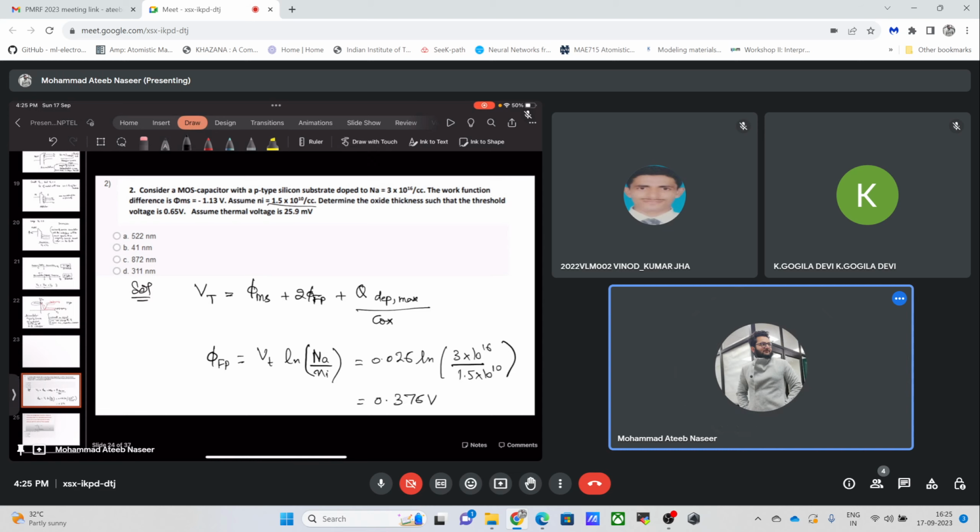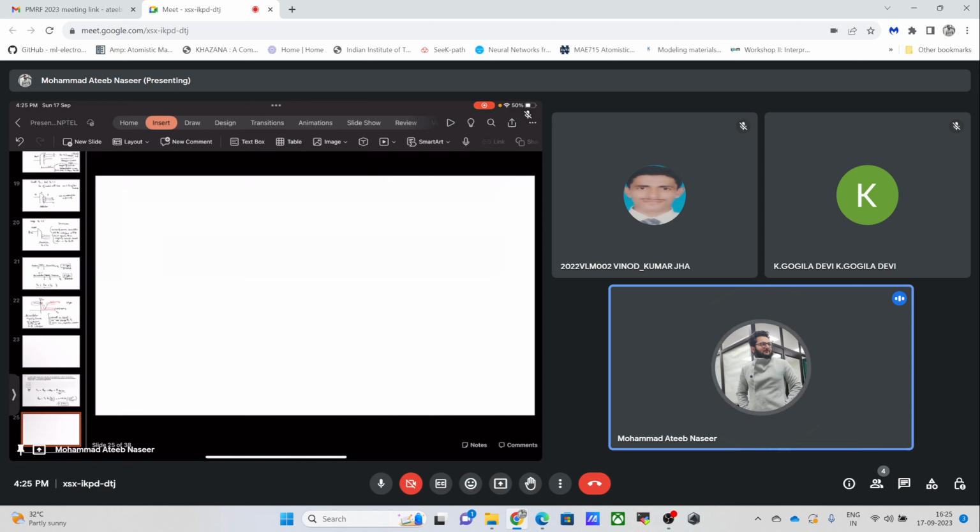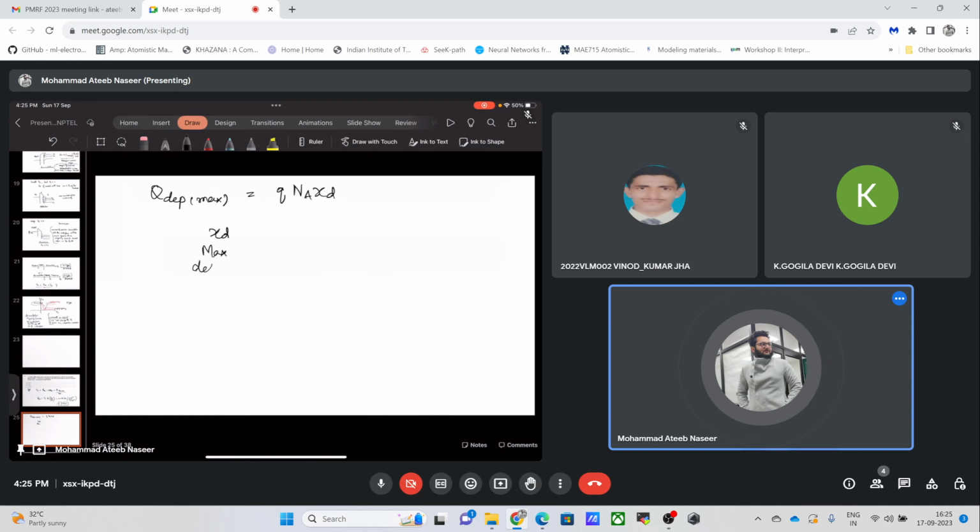0.376 volts. This is the value of phi fp. Now for the maximum charge, it would correspond to the maximum depletion width. For this to be maximum, it is simply given by q times Na into Xd. Xd is the maximum depletion width,